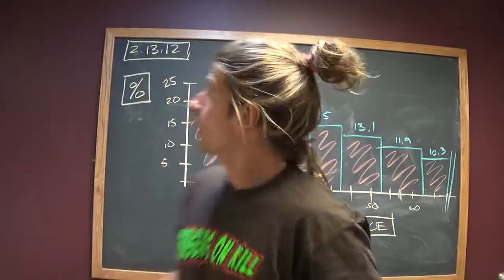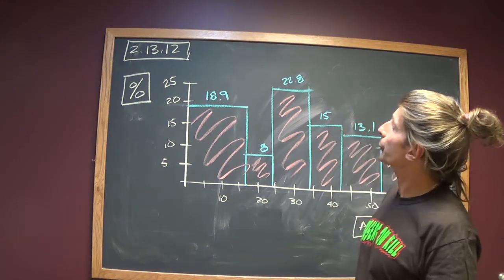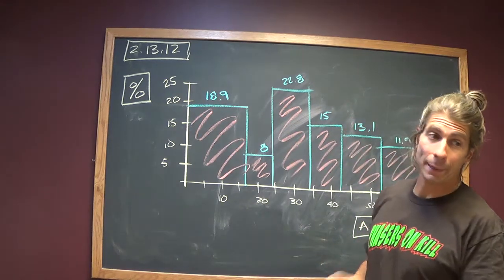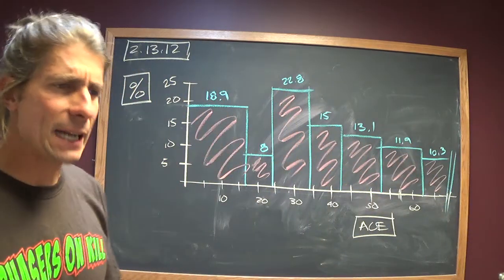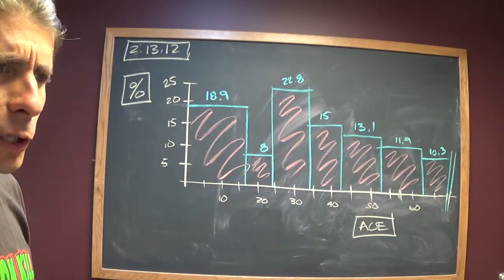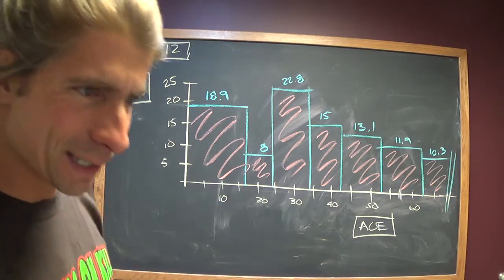Hey everybody, here's an explanation for section 2, question 2.13.12 in the collaborative statistics book. It looks like it's an age distribution of Japanese Americans in Santa Clara County, California. It's interesting. It says it's approximately